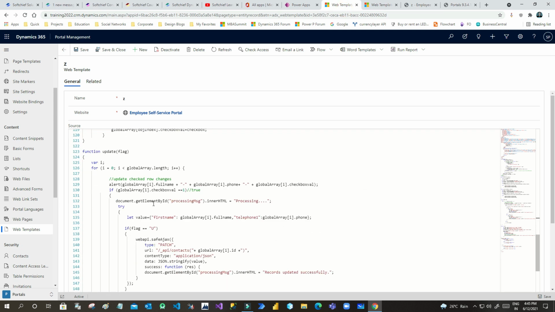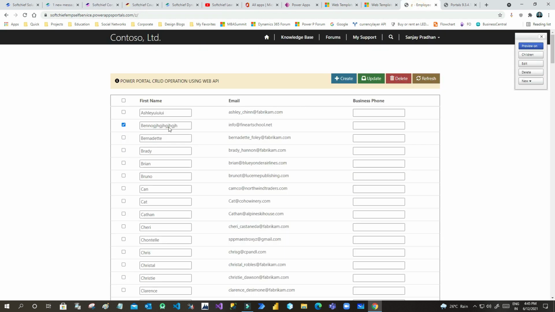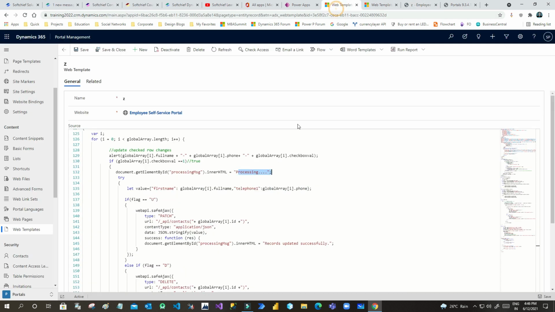I have given a check that if the checkbox is true for that line item, then only do this functionality. If it is true, I am changing the processing message division's inner HTML to processing. You can see whenever I click update, this value changes to processing.